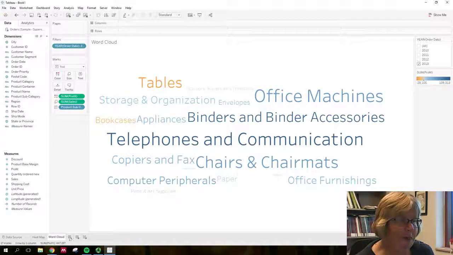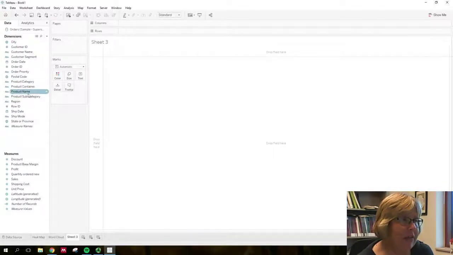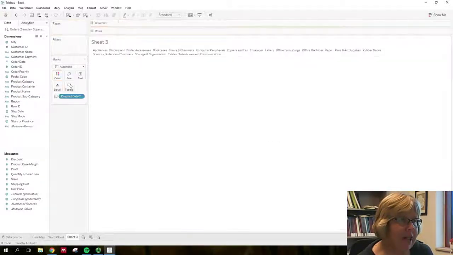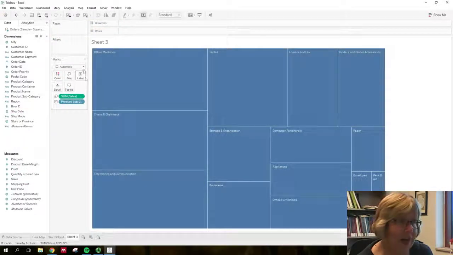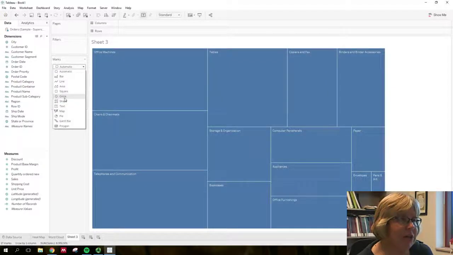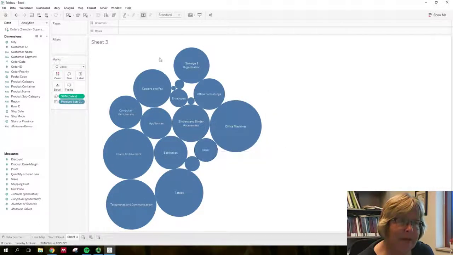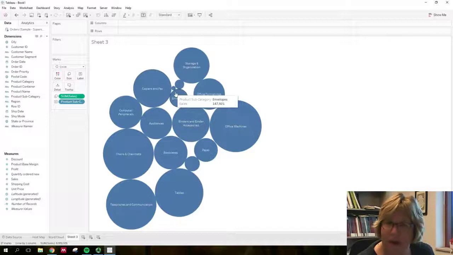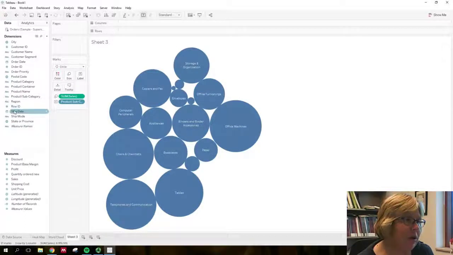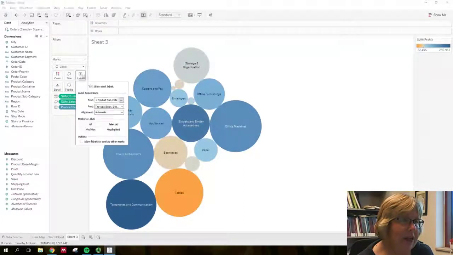Okay, all right, one more that's very similar. Let's go ahead and once again, product subcategory to text, size of sales. Once again, it looks more like a heat map. Let's go ahead and change it to a circle graph. And I just did that by clicking on the marks and selecting circle. So it's similar to a heat map, but once again, it only is showing it by circles instead of squares or rectangles. Let's go ahead and drag profit once again to color,